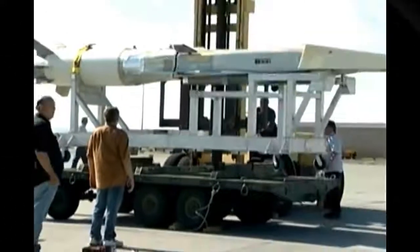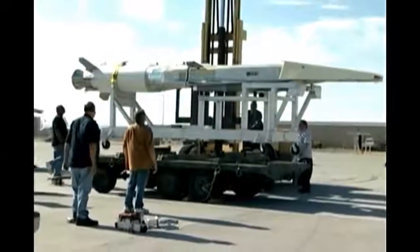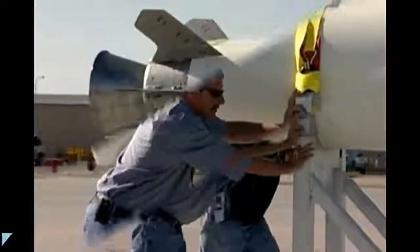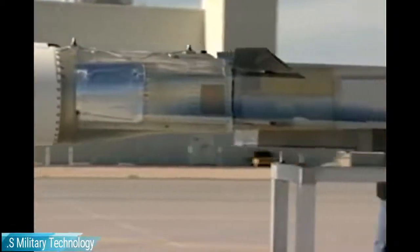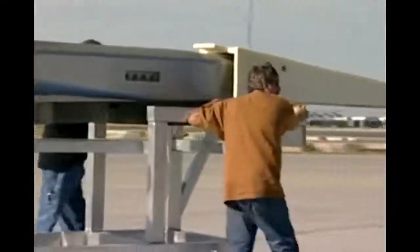The Hypersonic Combined Test Force at Edwards is gearing up for the first flight of the X-51A flight test vehicle in the spring of 2010. What we are going to do is take the X-51A WaveRider. We're going to launch that from a B-52 at 50,000 feet over the Pacific Ocean, and then the vehicle is